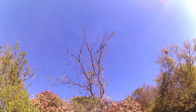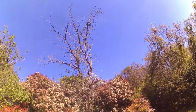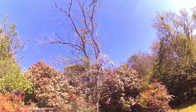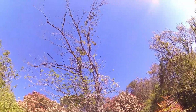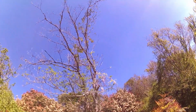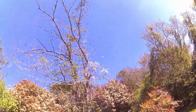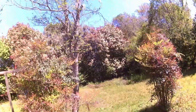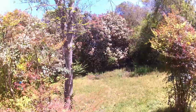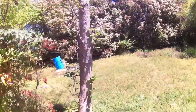I think I'm gonna cut that tree down. Only the bottom few branches right there have any leaves on them. Everything that's a vine that came down from below, there's wisteria growing on it. All those are dead. I could just take the chainsaw out and drop it, but it's got sort of a